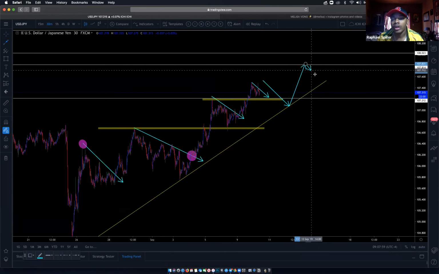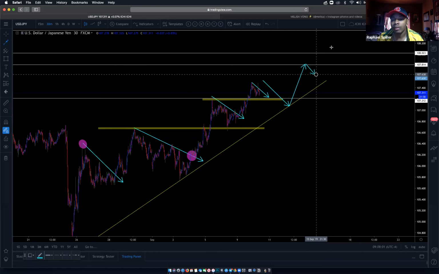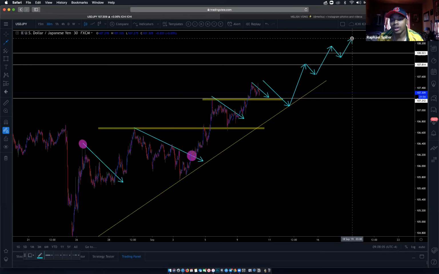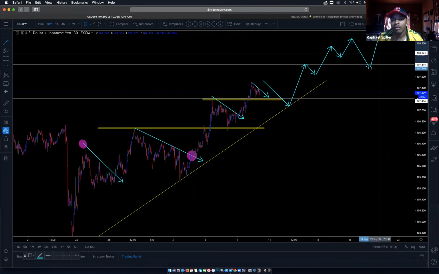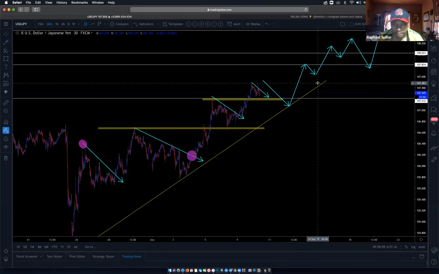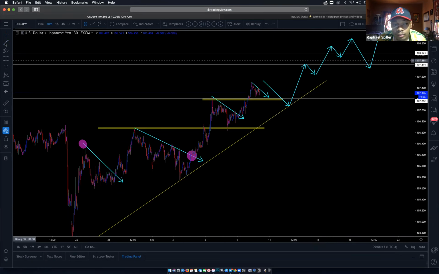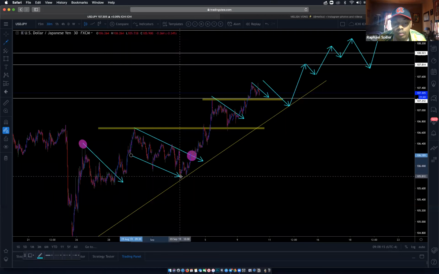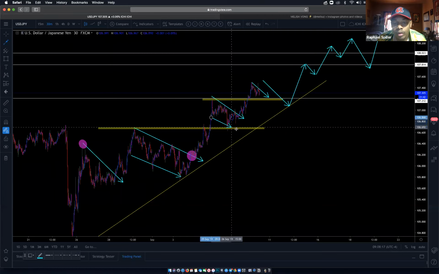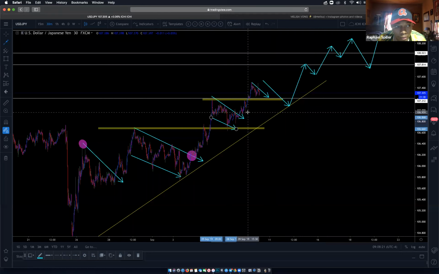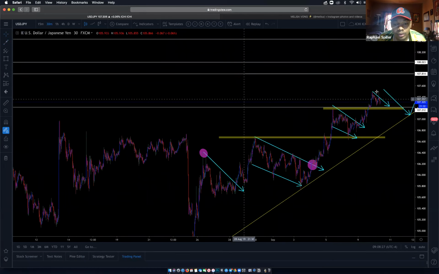After it comes back to the trend line and moves up, it's always going to create a smaller flag next and move up. Then it's going to come back to the trend line and then reverse again, right? After a big pullback like this right here, there's always going to be a smaller pullback where it doesn't fully touch the trend line and then a move up, right? That's usually what happens.